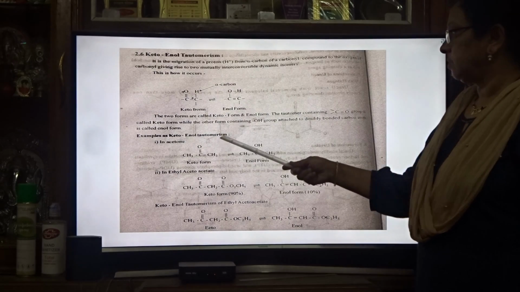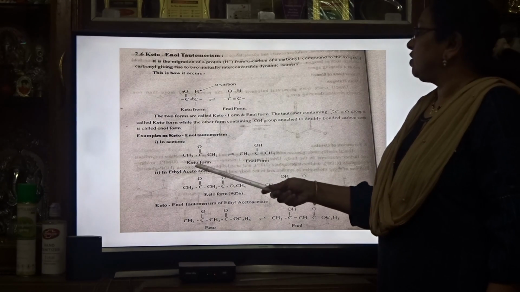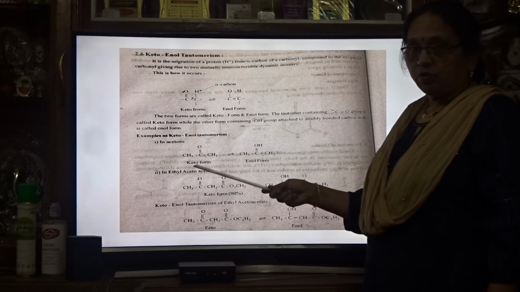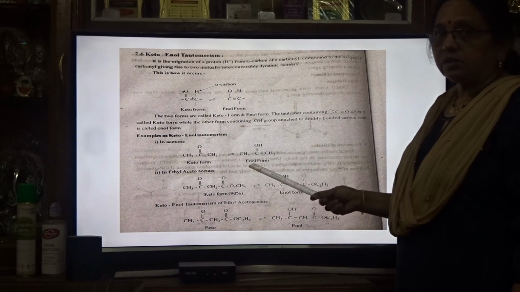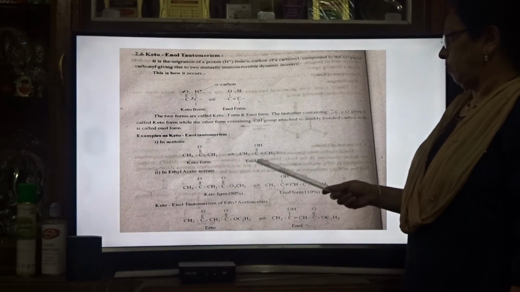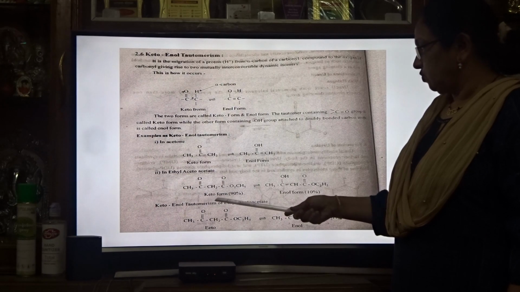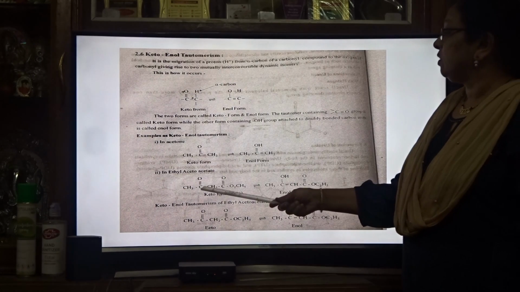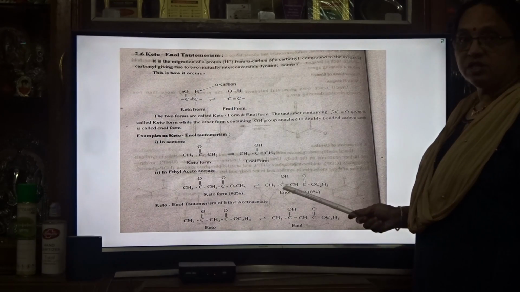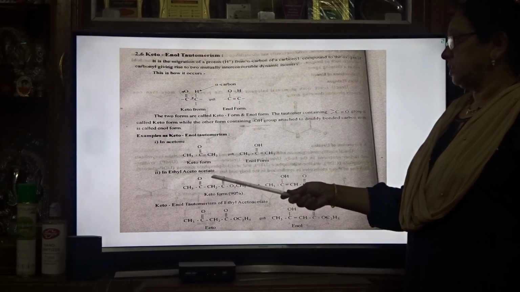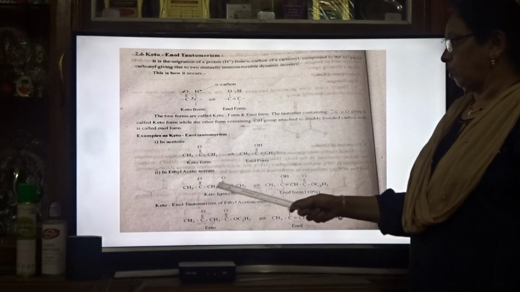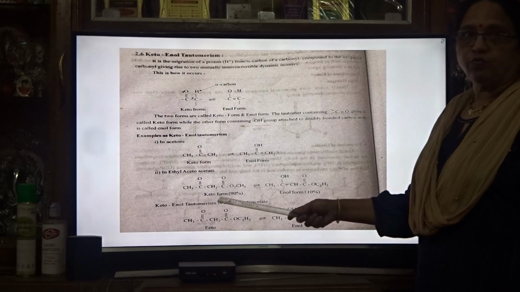Now the examples of keto-enol tautomerism. This is acetone: acetone keto form and acetone enol form. Sometimes in reactions the keto form does not react, so we have to show the reaction in the enol form. In ethyl acetoacetate, this is the keto form and here is the enol form. In the place of C single bond C, a C double bond C comes, and in the place of the carbonyl O you get OH. So this is the enol form of ethyl acetoacetate. Here are acetone keto and enol forms, and ethyl acetoacetate keto and enol forms.